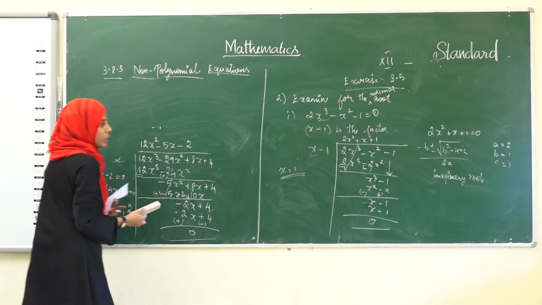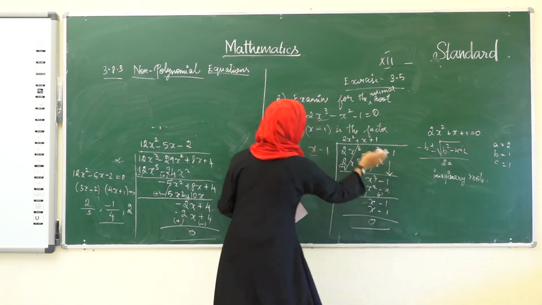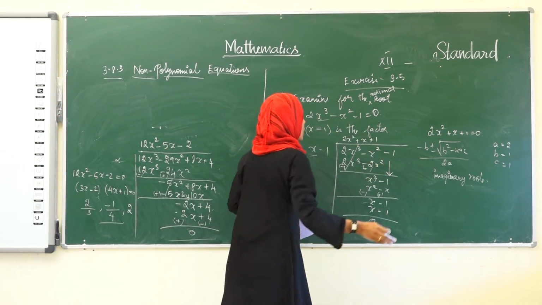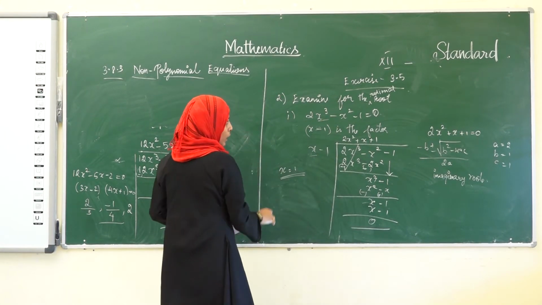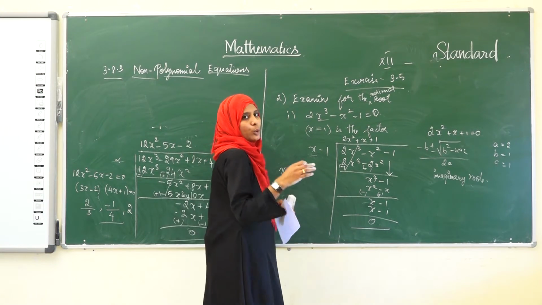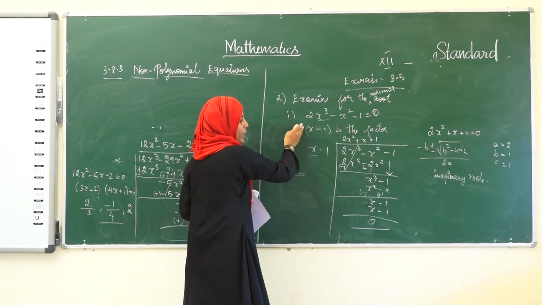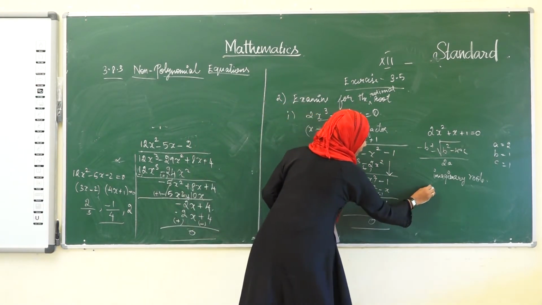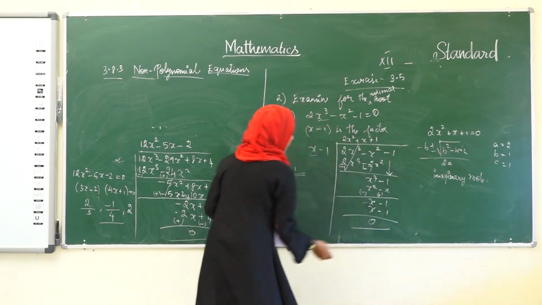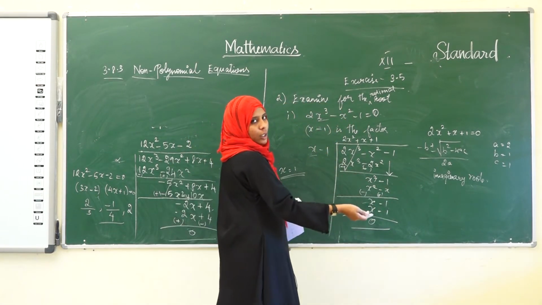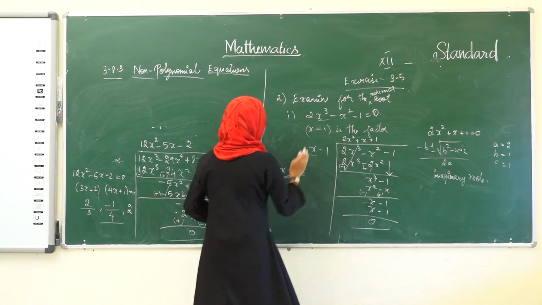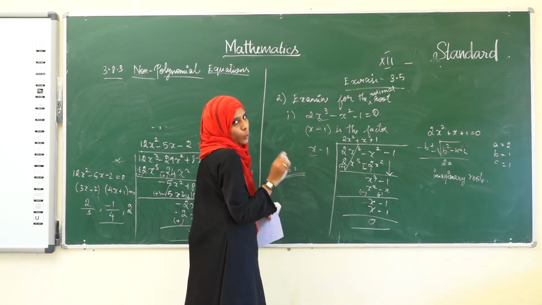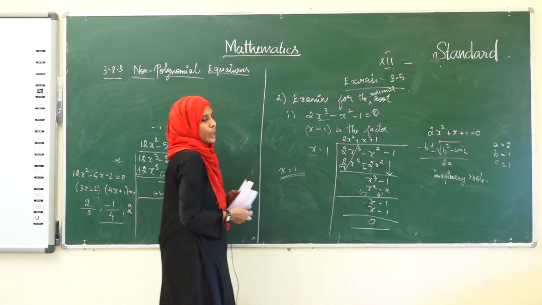See, this will be a root also, but the question is, they have asked us only for the rational root. Therefore, for answering the question, the answer is x is equal to 1 alone. But if they ask us to solve this equation, we have to find the other two imaginary roots, and we have to say that there are 3 roots for the equation. But they have asked us only for the rational roots. Therefore, we are concluding that x is equal to 1 is the only rational root for this equation.